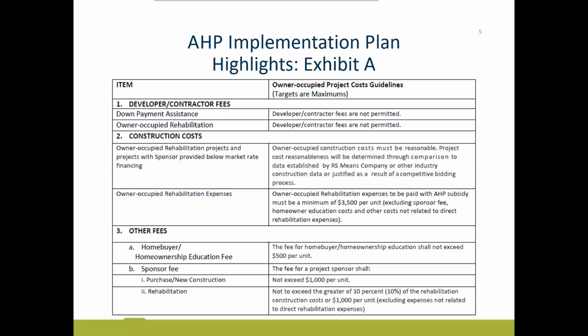Another fee that you're eligible to charge is what's called our sponsor fee. We do recognize that you all, as the sponsor organization, require staff and time to be able to run this grant. It takes a lot of time, we know, to get all the documentation, to qualify the households, all of that good stuff. So this sponsor fee is to help cover your expenses as a sponsor organization for those kind of overhead expenses per se for running the grant. So for our purchase projects or down payment assistance, you can charge up to a $1,000 sponsor fee per household that you work with. That fee, again, will need to show up on the closing disclosure, and I'll show you an example of that.